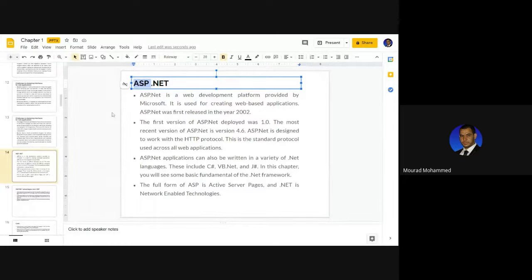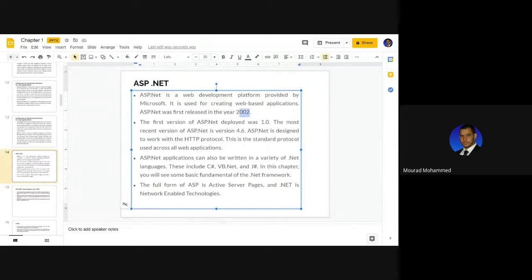ASP.NET is a Microsoft product that operates in a very coherent interaction to deliver web-based solutions. This is a history of first release and divergence, up to the date where the book was written. Not today, but up to when the book was written, 4.6 was the latest version at that time. Then, along with ASP.NET, we may use other scripting languages to run with,